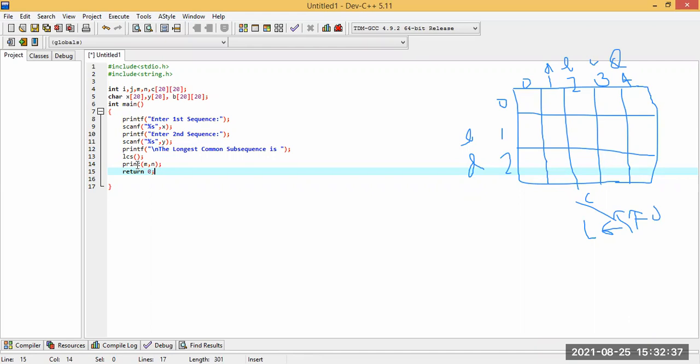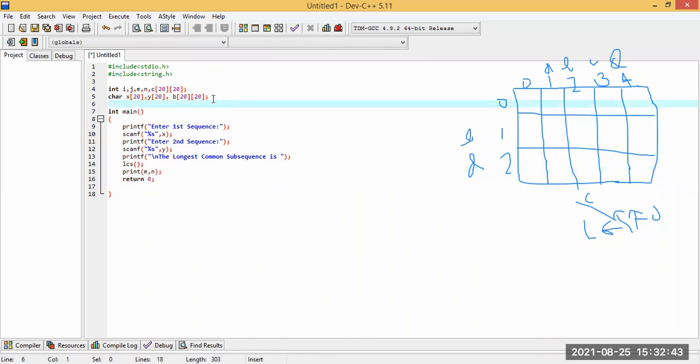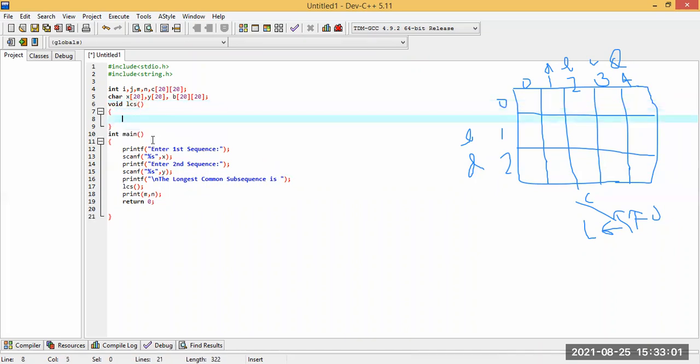So now we have to declare these two functions. First we will use the LCS function, so that means we will use void LCS. Now we will declare the definition of this function. So void LCS. Okay. So first we have to find the length of the strings. Let's say m will store the first string length and n will store the second string length. So m equal to